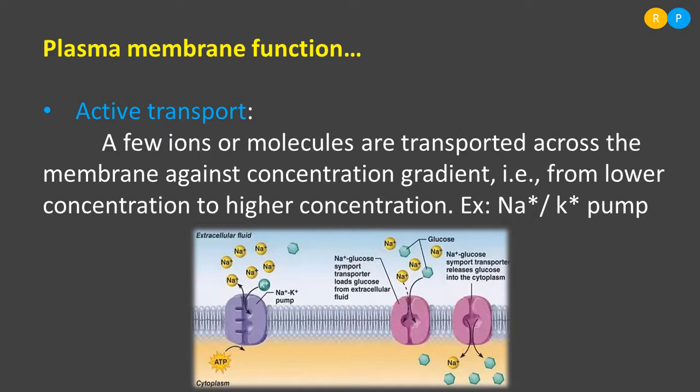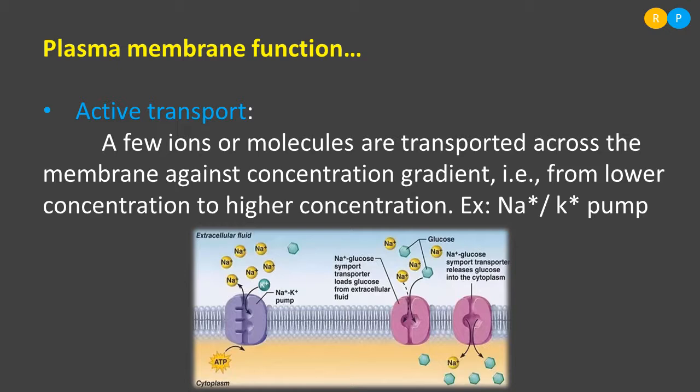That means the molecules are moving from the region of lower concentration towards the region of higher concentration. When the direction of movement is like this, the cell obviously needs to spend energy. Without energy, there is no movement of molecules from the low concentration region to the higher concentration region. Clear? To send the molecule from lower to higher concentration, the membrane requires the help of protein.